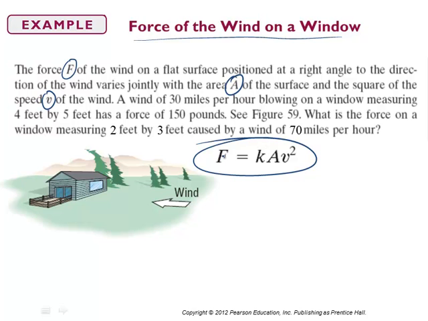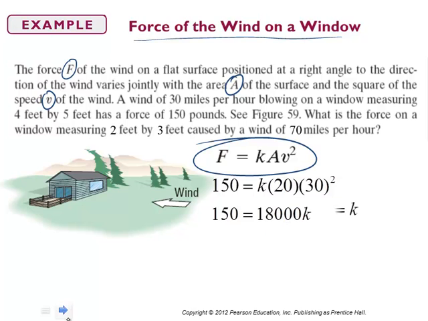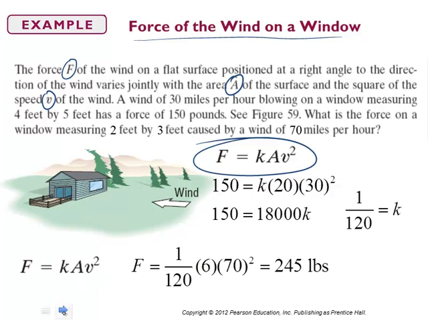So we got F is equal to 150. So we have enough information to solve for K by plugging in those numbers. So if you had to take 20 times 30 squared, well, 30 squared is 900, times 20 is 18,000. 150 divided by 18,000 is 1 over 120. So that's what K is. So you can go ahead and write your equation for force, and then